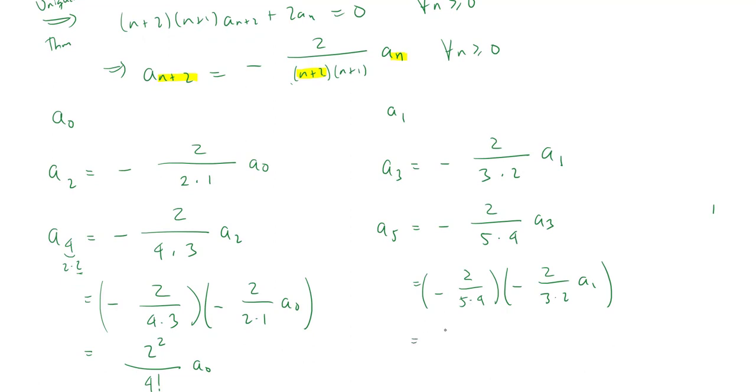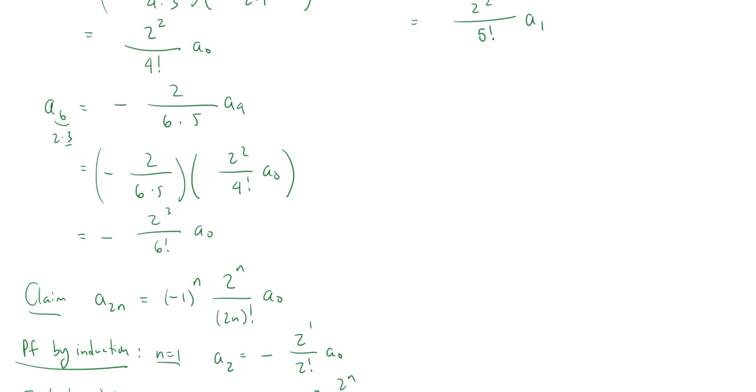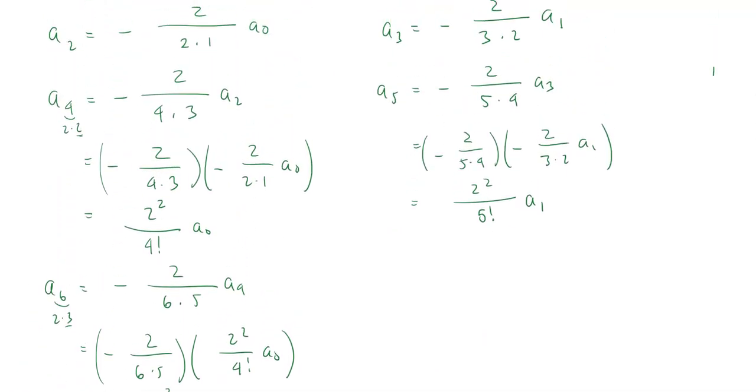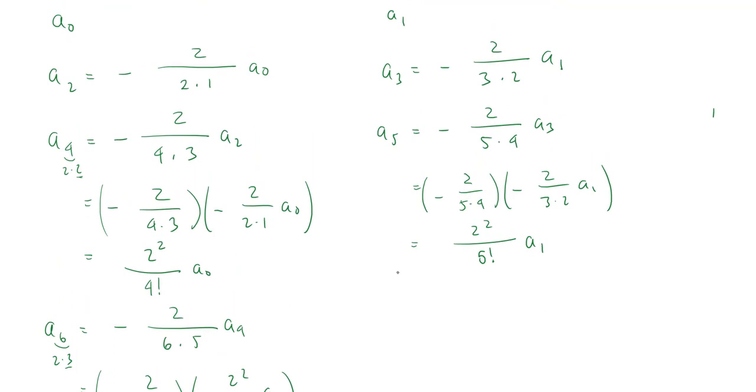Now I want to put this together, and again, the negatives cancel. I get 2 squared, and now I have 5 times 4 times 3 times 2 times 1, right? This is 5 factorial, and then we have an a1. And immediately I see this is just playing out the same way as before. I'm not going to mess around with too many more terms at this point. So these are all odd coefficient indices. So in general now, I'm going to claim that a sub 2n plus 1,